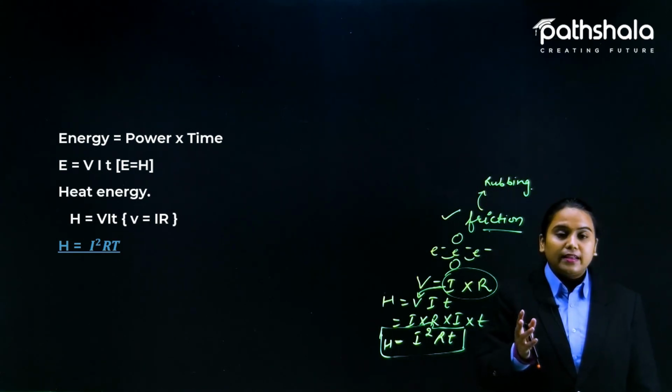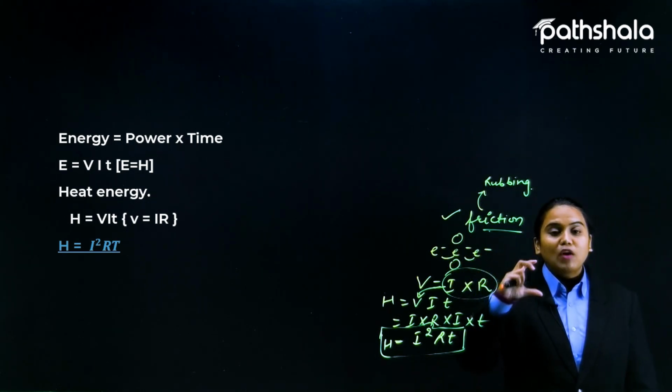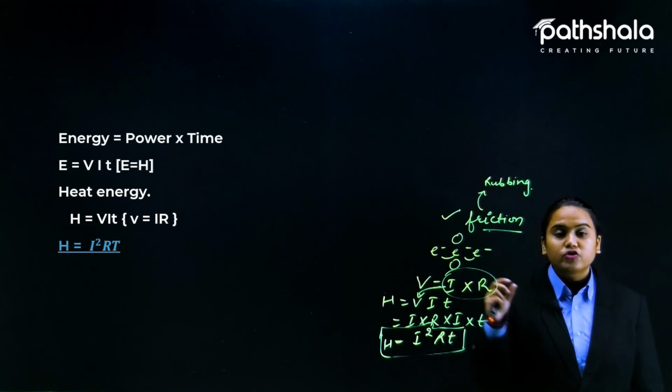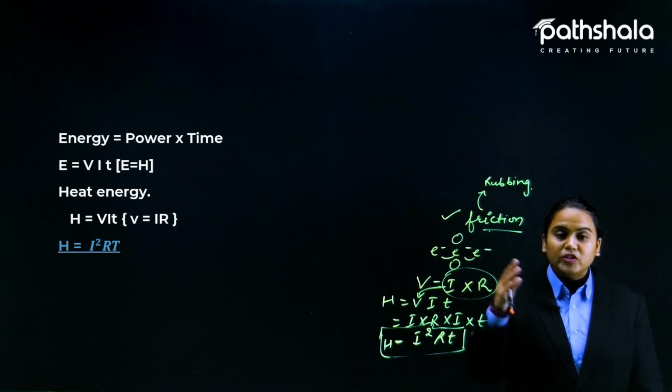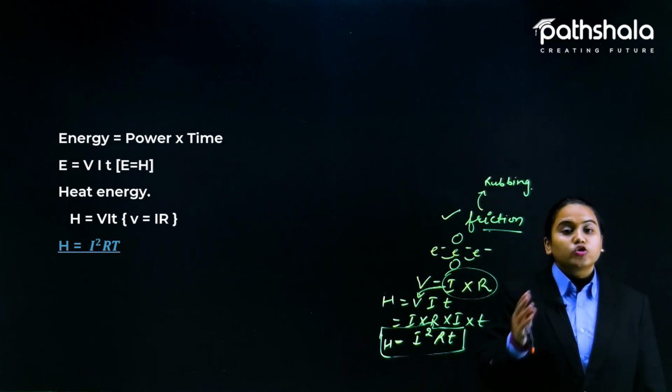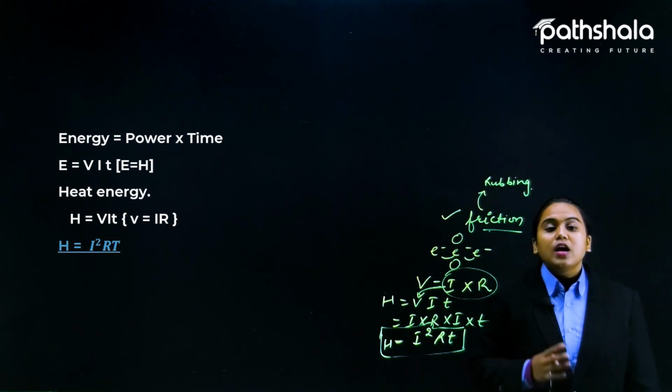Why this dissipation happens is because of the friction between any two atoms or electrons or anything. There are lots of things in a wire, dear, and lots of resistance, because not a single electron is traveling through a wire. There are millions of electrons moving from one place to another, so there must be rubbing between them, and that gives you the heat energy.